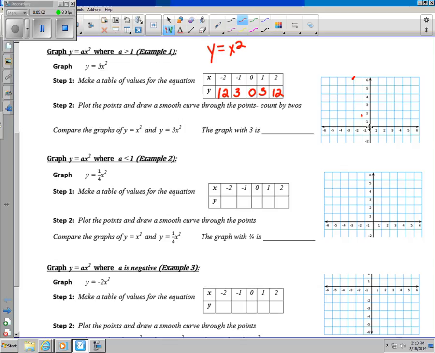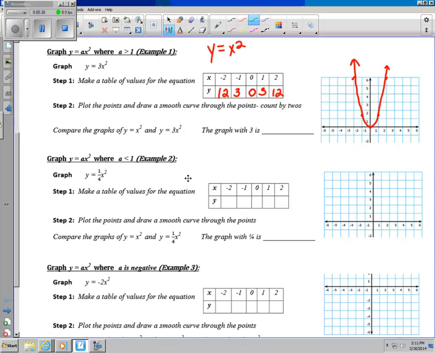Okay? When x is 0, y is 0. And when x is 1, again, y is 3. And when x is 2, y is 12. Okay, bear with me as I draw these wonderful smooth curves. I'm not very good at the curves. So you just draw the smooth curve of the shape of the parabola. Okay. And it says to compare it now, compare the graphs of y equals x squared and y equals 3x